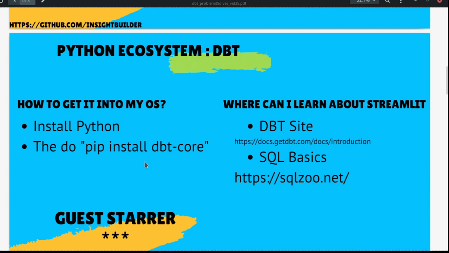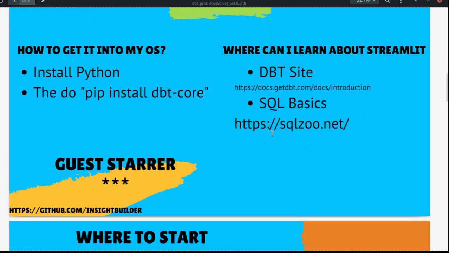In Python, in order to get the DBT library, we have to do a pip install dbt-core. So this is what you have to do. And you can get more information about this library from this website. This website has a lot of good information about how to work with this library, a lot of detailed examples also. Along with that, you need to have some basics of SQL also, as we will be extensively working with SQL. The guest star here is actually put in star mark,